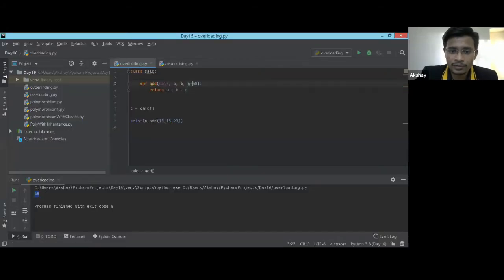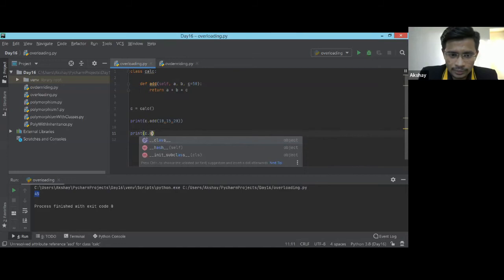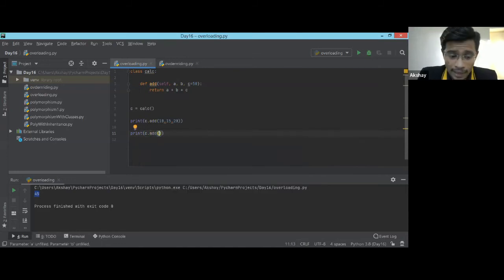So this is the default parameter which I have implemented here. It will help me call the same function. Okay, so c dot add, I'm calling the same function, but this time I'm not going to pass three parameters, suppose 20 comma 25 only. See, I'm not passing the third parameter.